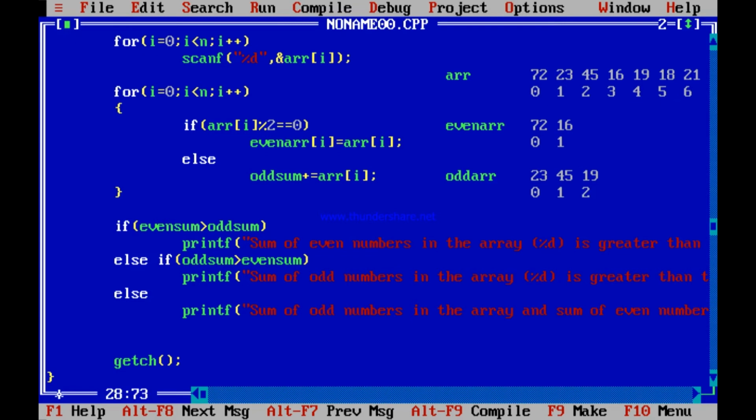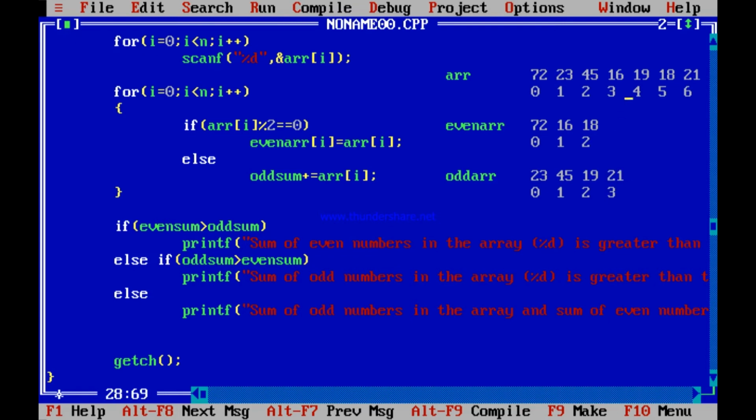Next I becomes 5, 18. Where will you copy it? You will copy it in the even array. 18 in which position? In its 2 position. Next is 21. Position is 6, the number is 21. You will copy it in the odd array over here in its 3rd position.